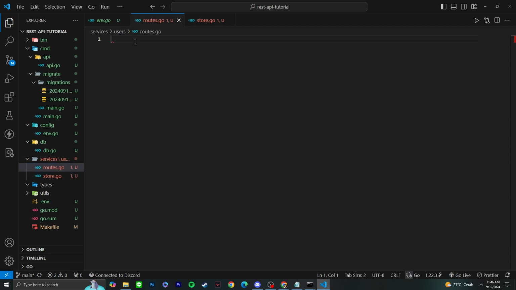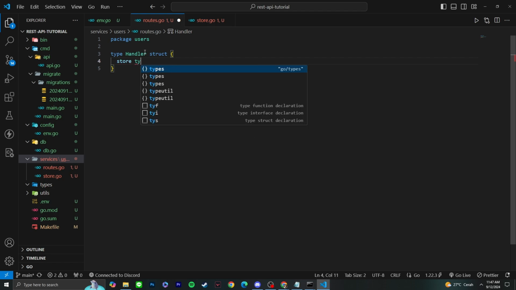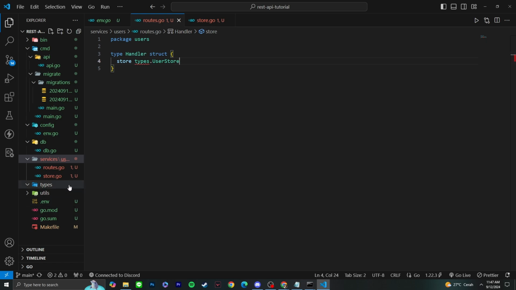So gonna make our first business logic here. Package users, right? Then type handler struct, which would have a store types.UserStore. So before we continue this, I'm gonna make a store